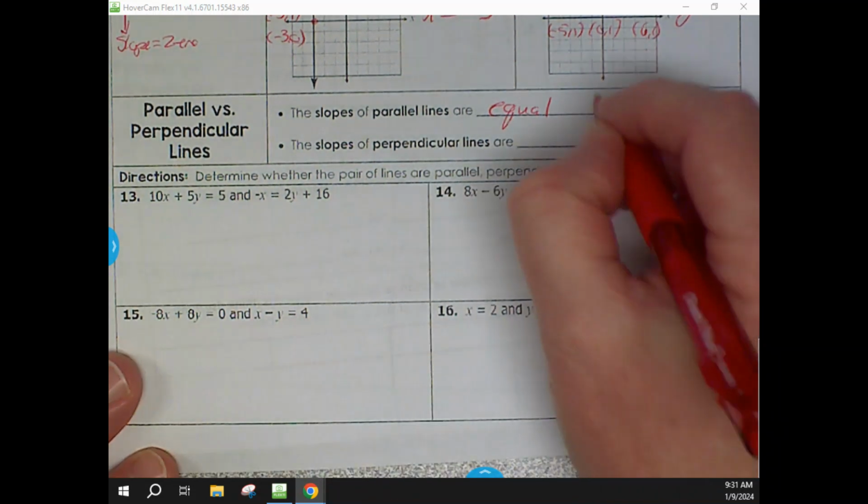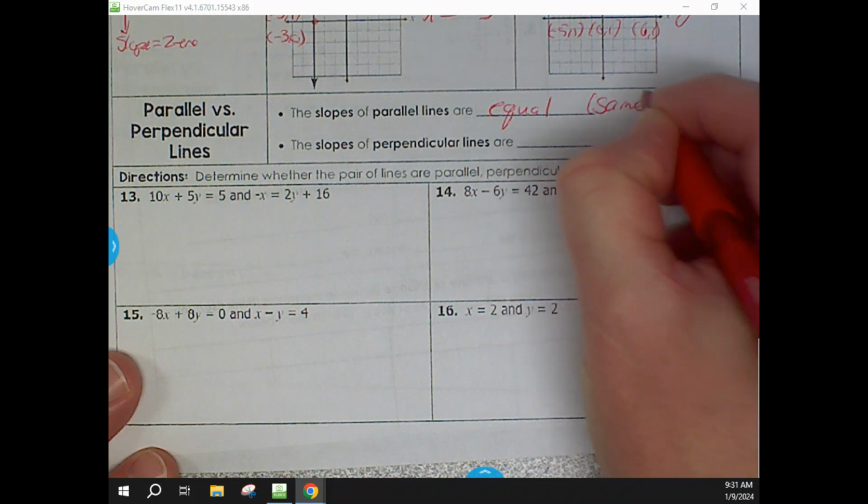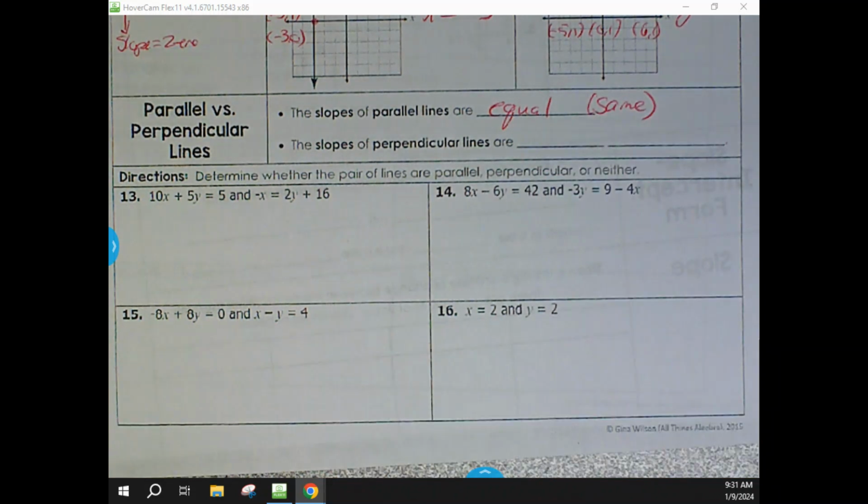So we would like to say it's the same. That's fine. So if we can figure out that if we do two equations, rewrite them in y equals mx plus b form, and the slopes are equal, the slopes are the same, we know those lines have to be parallel. Okay, and if you have perpendicular lines, and I always like to say this one a little bit different